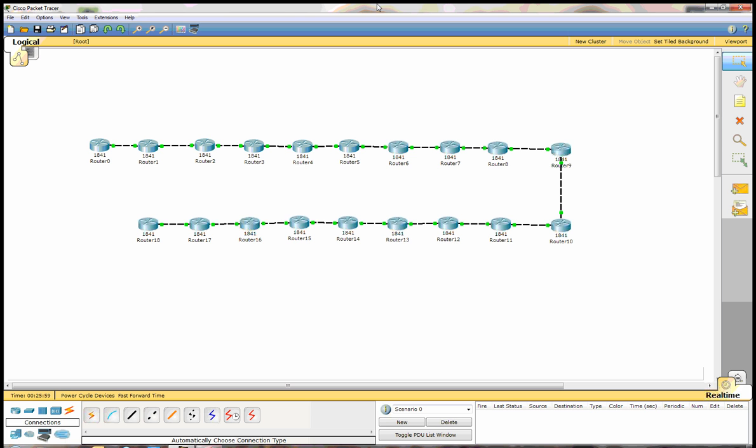With RIP version 1, it does not see non-classful networks. It will take that 192.168.0.0 slash 32 or 27, 28, whatever you happen to have, and it will make it classful, which means that